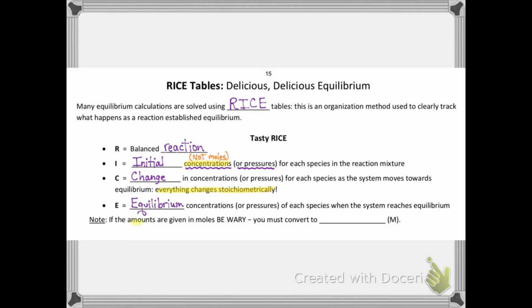One more note, because it's so important, I'm going to say it again. If the amounts are given in moles, watch out. You've got to convert to molarity. Let's go ahead and take a look at an example so you can see what a rice table looks like